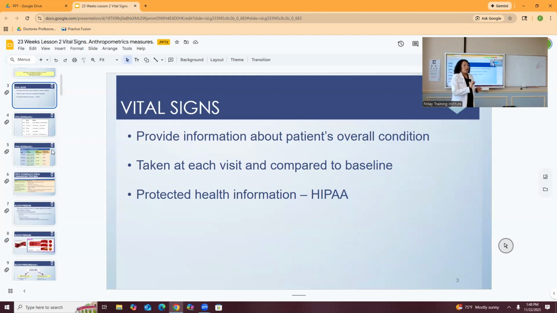The vital signs have to be taken as a baseline if it's the first time that we see the patient in the office, but we will take them in every single visit. It doesn't matter if the patient came a week ago or 2 days ago. Every time that the patient comes to the clinic, we should be measuring these vital signs, and as well, height